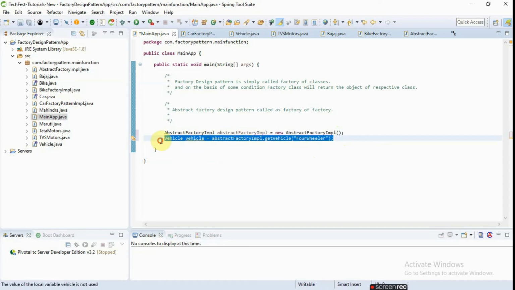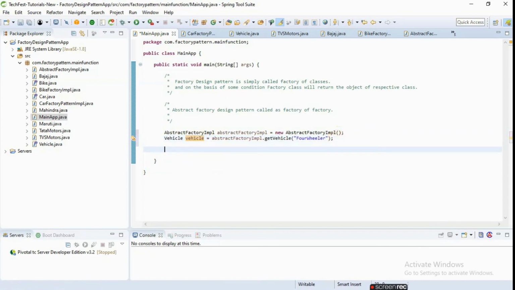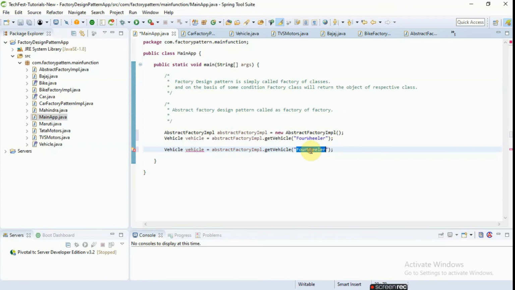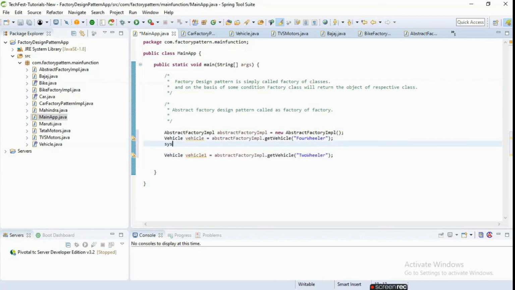And similarly, if we pass two-wheeler, in that case we will get a bike type of factory object. Here we will check that vehicle.